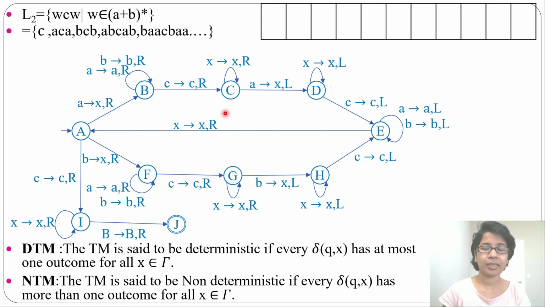Your task is just design a Turing machine for WW. You can just modify this Turing machine and you can find Turing machine for WW. Simply you need to remove this C transition and directly from this you will add this A tends to X and move left. And here also you need to remove this C transition. That will be simply for WW.